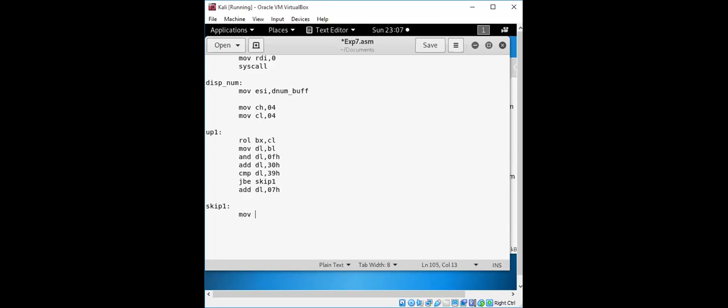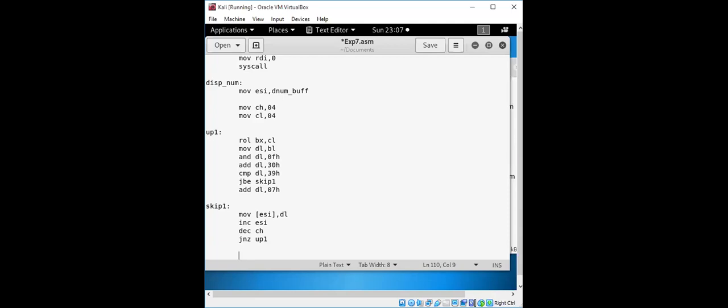Okay, so move. Whatever we have taken in the buffer, the DL content, it will be for first, next, for second. One by one, the 4-bit contents which we are having will be continued. If it is not 0, this loop should be continued until that time, so it will be continued for every value.